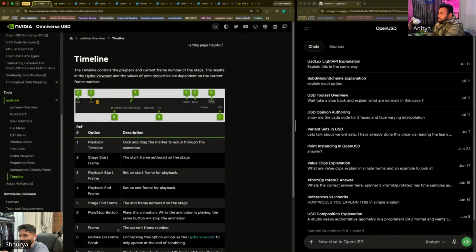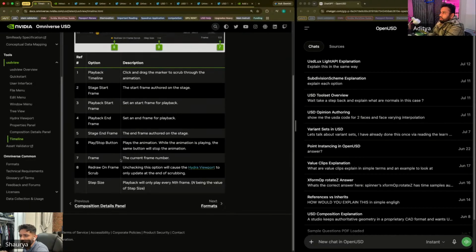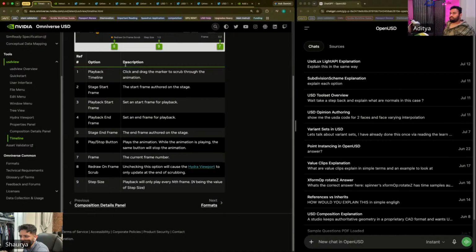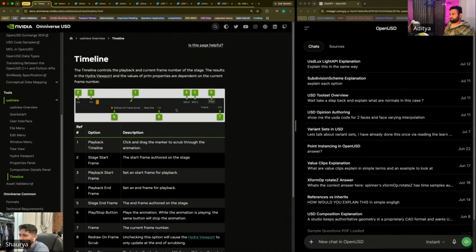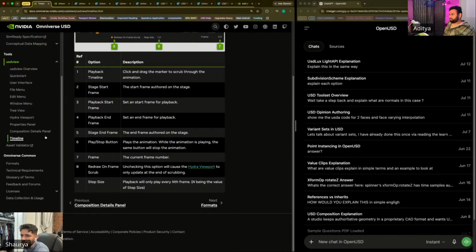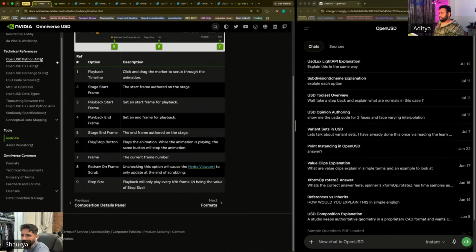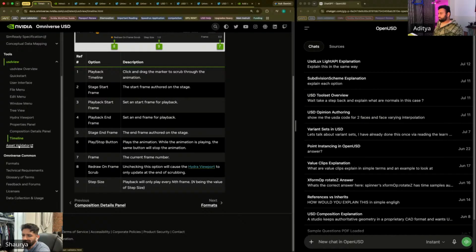Got it. Timeline. Timeline is pretty straightforward. I'm not gonna read everything over here. Then asset validator. I think asset validator would be important. It's a different part, but